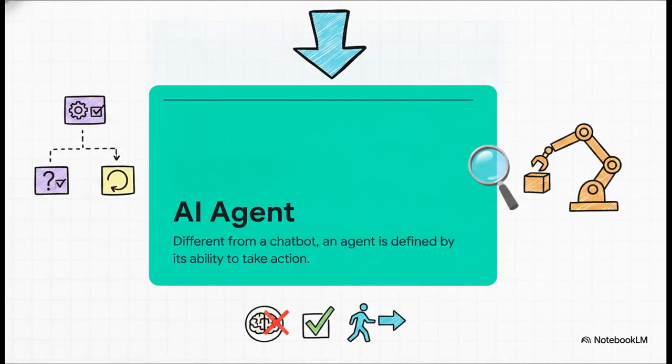So here's the crucial aha moment of the whole thing. What actually makes an AI agent different from a standard chatbot? A lot of people assume it's just about being smarter, right? But it's not intelligence. It is action. While a standard chatbot just sits there and talks to you, an agent can actually break down a larger goal into actionable steps. It can reason through decisions, it can use software tools, and crucially, it adapts when things don't go exactly as planned. It takes action out there in the real world.